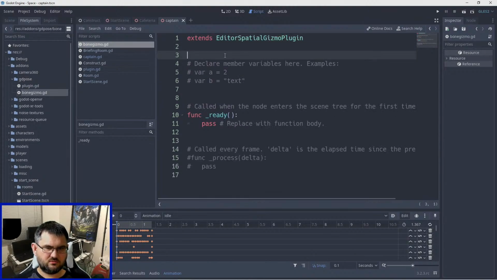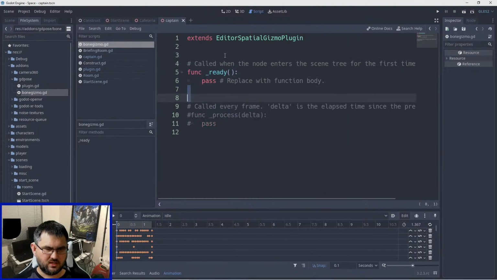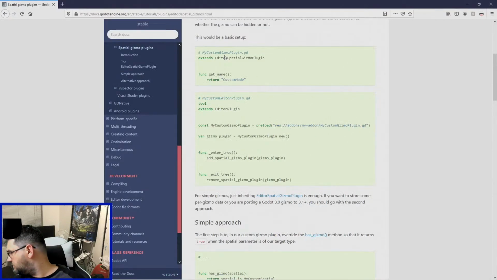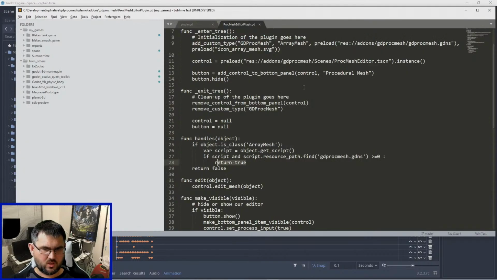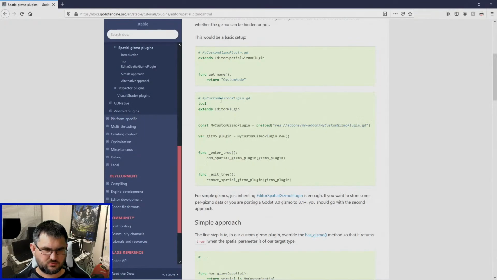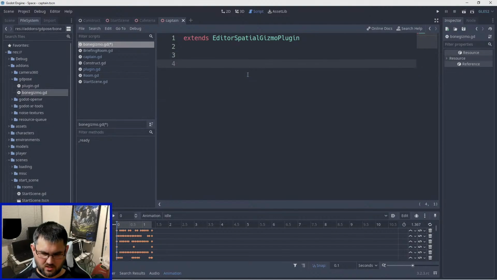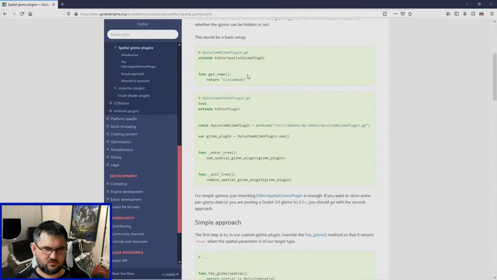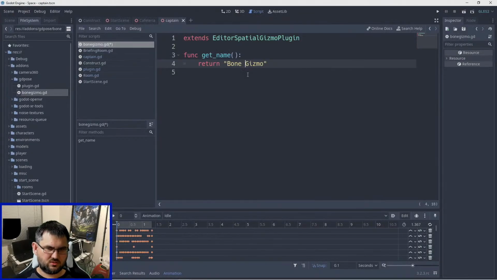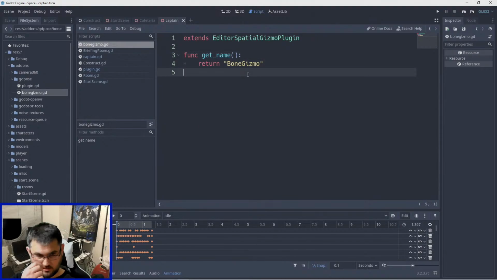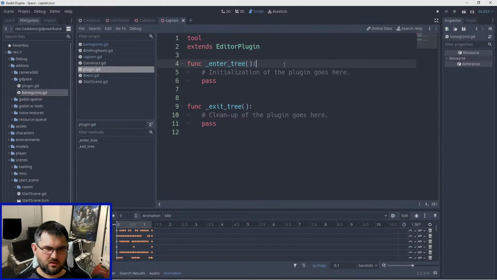That is actually going to extend EditorSpatialGizmo. Okay, I want to go back to this one. There we go. We don't care about ready. We're going to return func get name, boom, and we're going to return here bone gizmo. All right, there's our name for a bone gizmo, and that now means that in our plugin here,